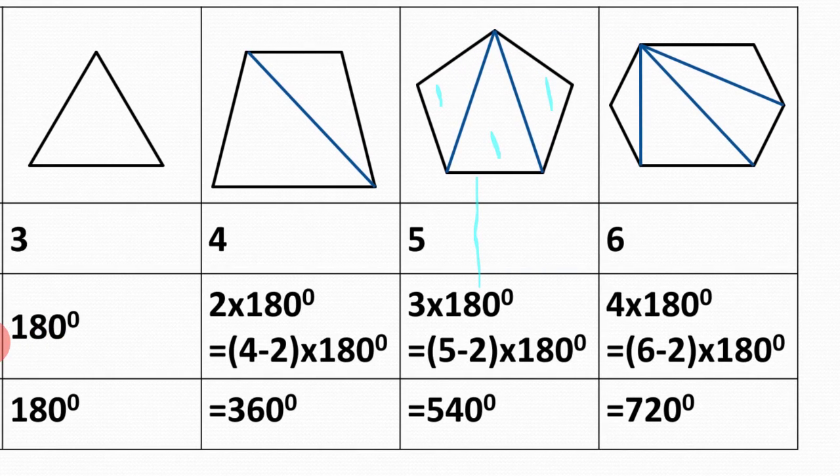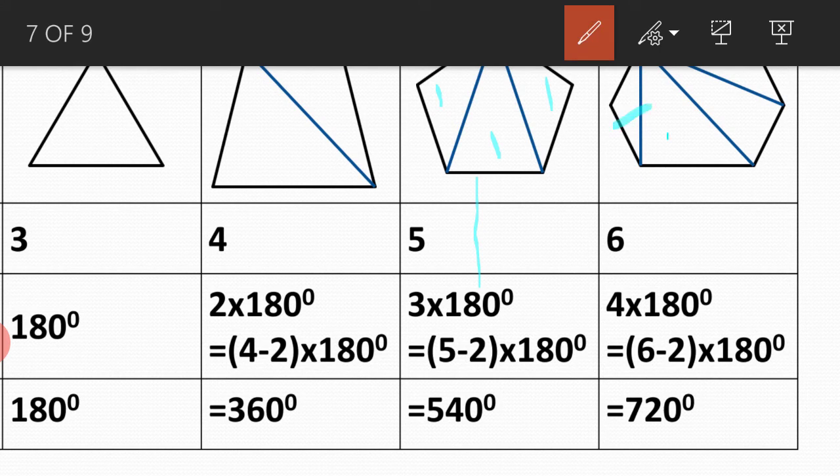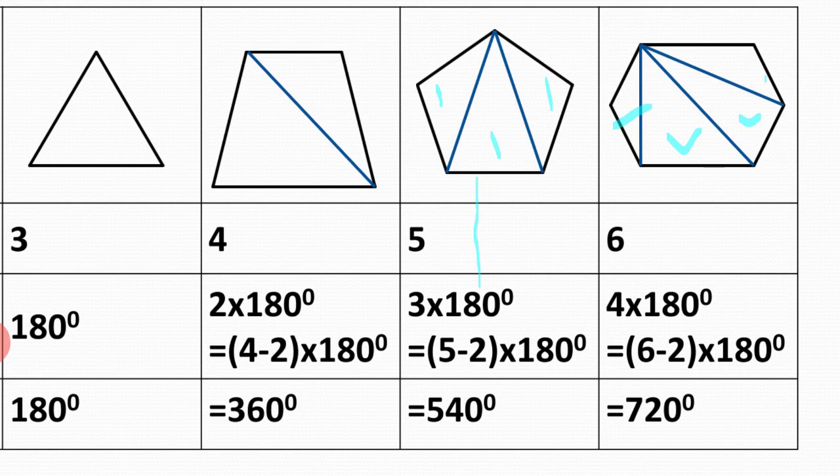Then the next figure is hexagon. Now from one vertex, how many maximum diagonals you can draw? So it will be 3, and you will find how many triangles you will get. So you will get 4 triangles. Which are those 4 triangles? So first one, second one, third one and fourth one. So you will find in all these figures, with the help of diagonals, we have divided the given shape into triangles. So quadrilateral is divided into 2, that is 2 into 180 degree. Pentagon is divided into 3 triangles, so 3 into 180 degree, and hexagon is divided into 4, that is 4 into 180 degree.